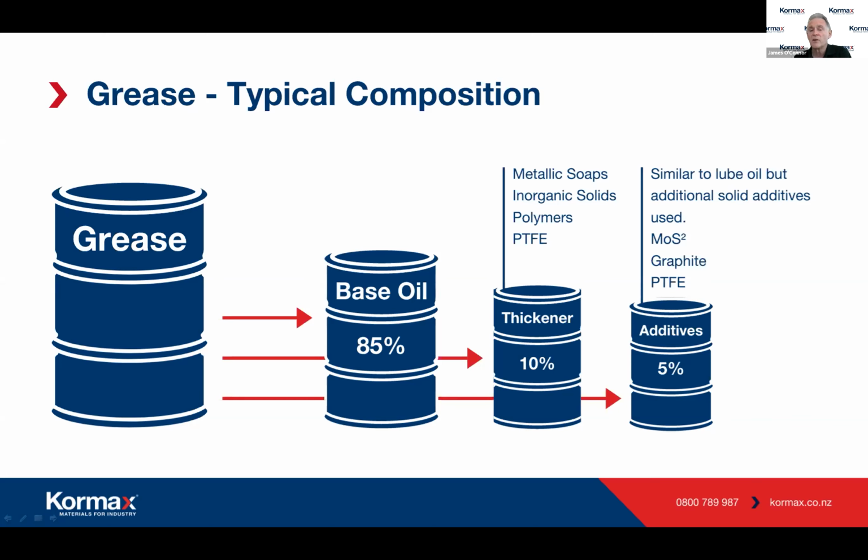We also use inorganic solids, such as activated clays, polyurea, silica, a whole variety of different inorganic solids. Polymers have recently come into the framework. They make some very good greases which have been thickened using polymers, and of course PTFE, Teflon, the old Teflon. So Teflon is a very useful product in greases where you are running very high temperatures and chemical environments where you want the grease to remain stable